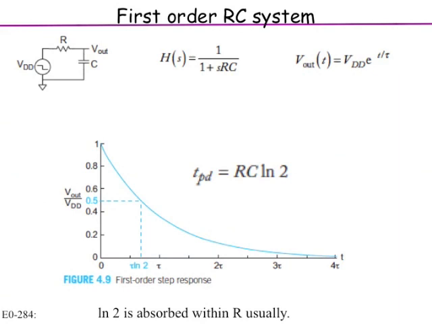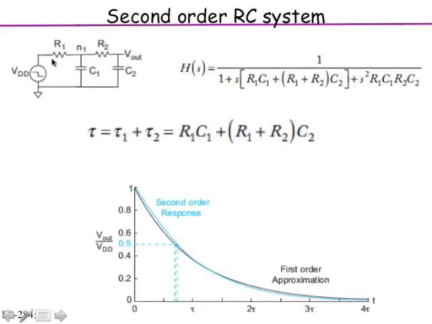So what happens to log 2? We say log 2 is part of R. We'll just subsume it as part of R. Because how do we calculate R? R is anyway calculated by fitting. We take a unit inverter, we find the delay, and then we say there is some capacitance, and then we say the equivalent R is whatever R which gives me R times C equal to that delay. So in some sense log 2 is taken into it. So we don't use log 2, to avoid cumbersome notation.